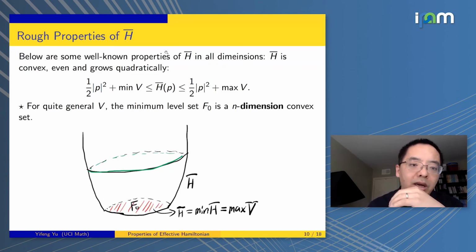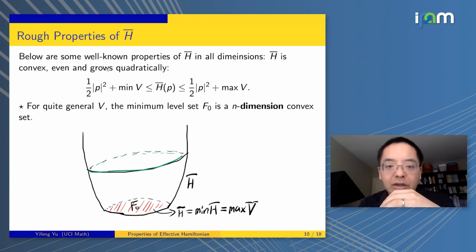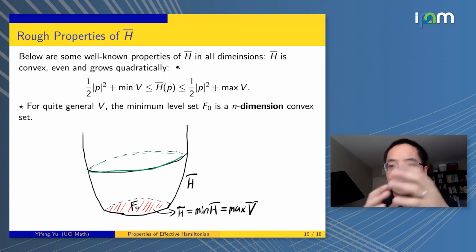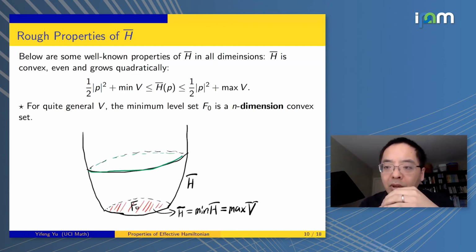The first one is that H bar is a convex function. It's convex, it's even, and it grows quadratically. These properties were proved in the original paper by Lions, Papanicolaou, and Varadhan, and they are kind of expected, because the original function is 1/2 p squared plus V(x). So after averaging, it's not surprising the function is convex and even and grows quadratically. As you have probably seen in other homogenization problems, those are called rough properties. It means they more or less inherit